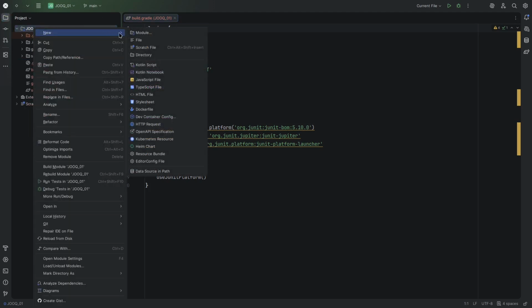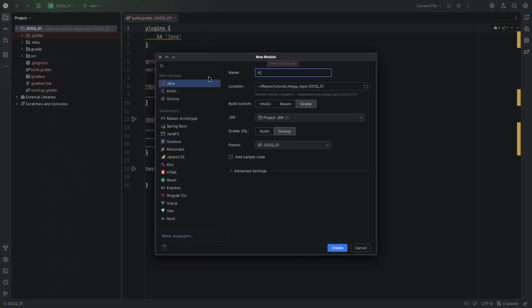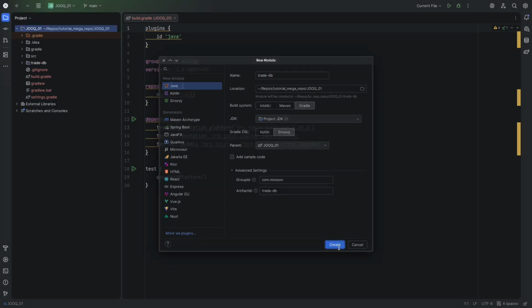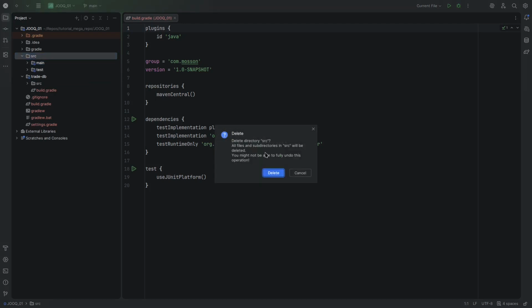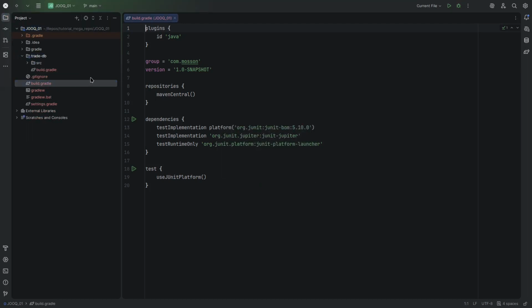To do that, I'll start out by creating a module, which I'll call trade DB. This is going to be the module that contains the generated JOQ classes. All of this is fine, so I'll just hit create. And now we have this source folder here, but that's no longer relevant. So I'm going to delete this one, but then in order for that to work out, we need to go